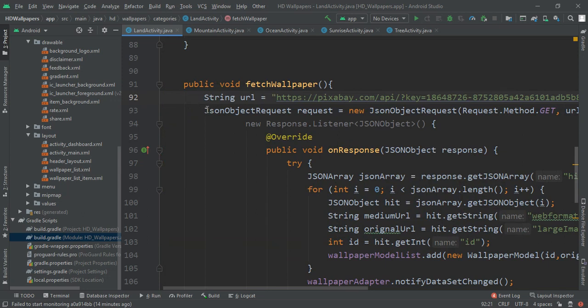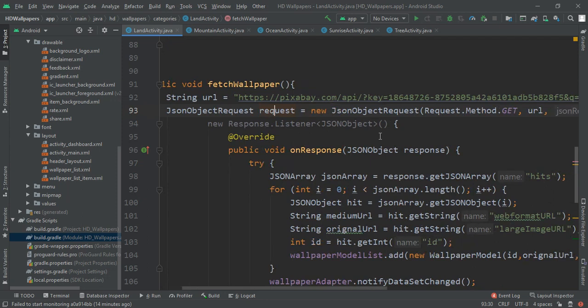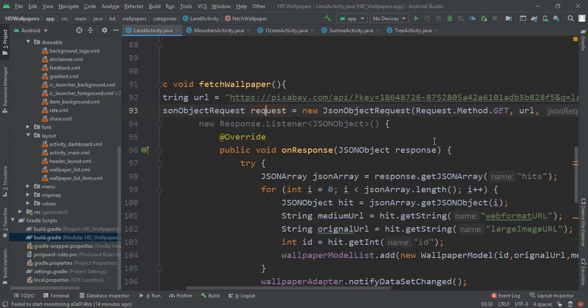Next we are going to write JSON object request is equal to new JSON object request. Here we are requesting a new JSON object, and then request dot method. Here we write the get method, means we are going to get the images from JSON.